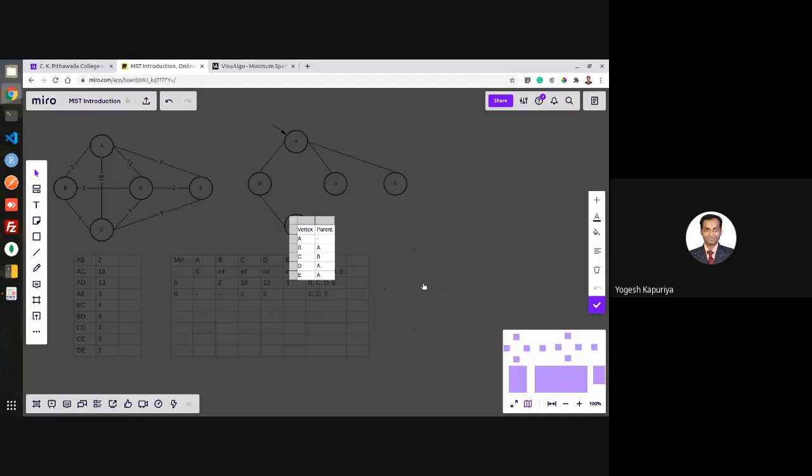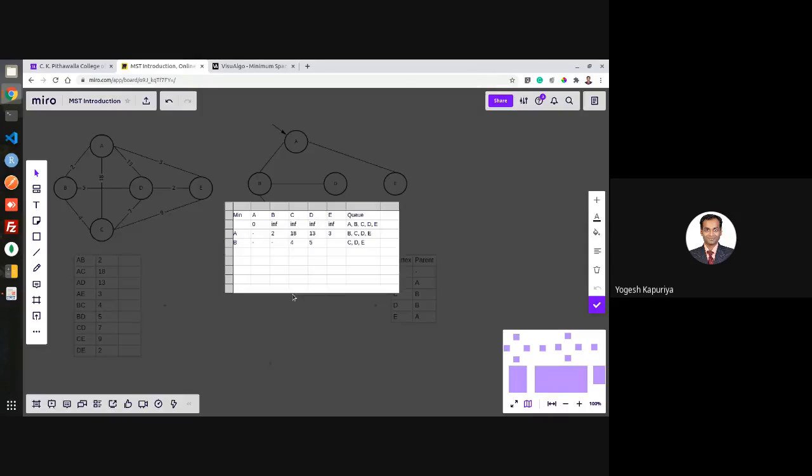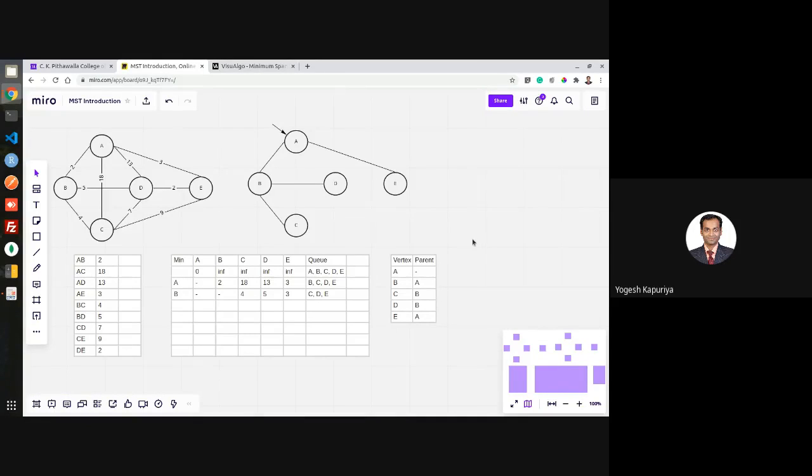And the parent of D will be B. So that means the parent of D is not A, it's now B. So BC, BD we have seen. BA, no need to be checked because A is not part of Q. So that means my value of E remains as it is. It has not been changed.